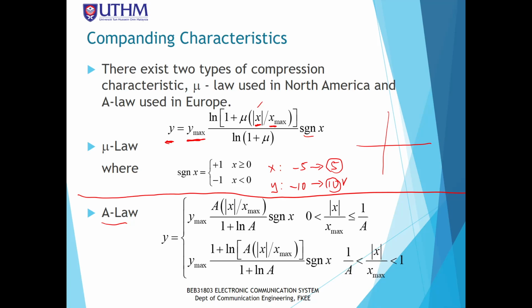Okay, so for example, if you are given an input in the range of -5 to 5, and the range of the quantizer is between -10 to 10 volt. You want to know how much the output of the quantizer is if the input is 2 volt. So you put in 2 volt, and you know that the maximum would be 5 in terms of magnitude, so you can get the